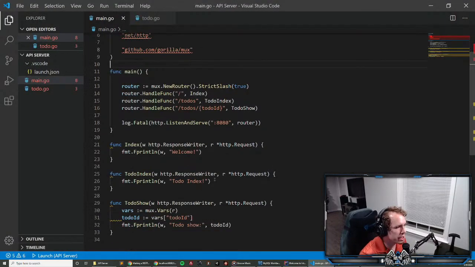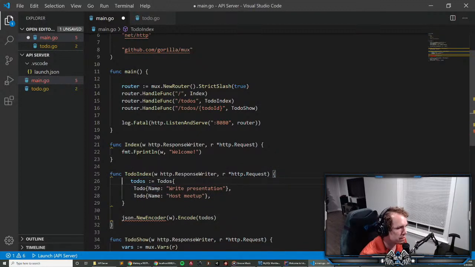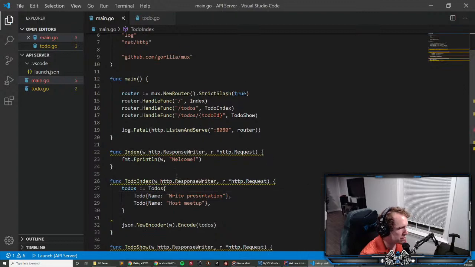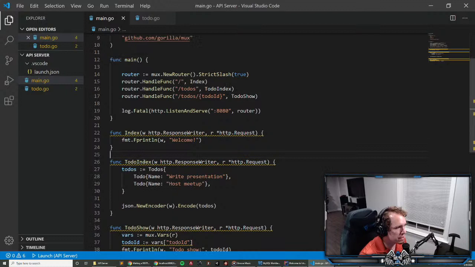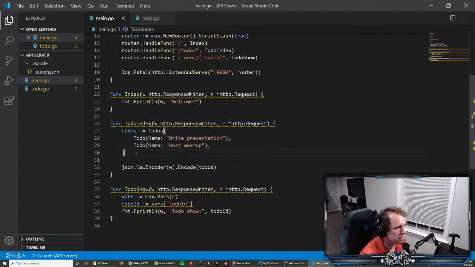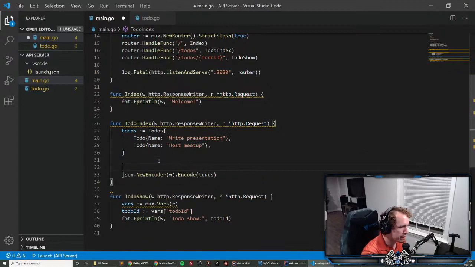So this one just changes the to-do index. Added the JSON encoder. So this JSON's a built-in package to Go. You can get a new encoder, and you pass it a writer, response writer, and then you just encode an interface. So like an interface like this,